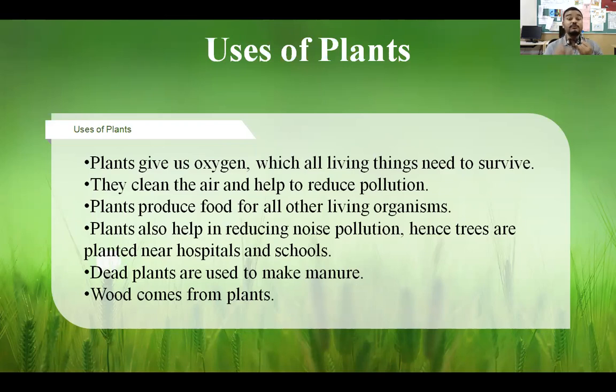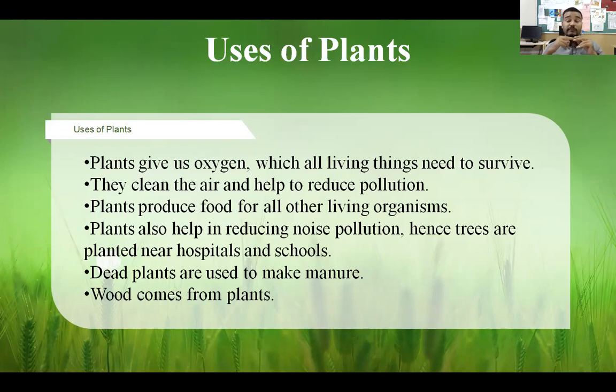Now, if we plant many trees, how will it help? It will help to reduce noise pollution and air pollution also. That is why you might have seen many trees near schools, near hospitals, or any crowded area. Why? Because it reduces noise pollution. And plants are also used for fertilizer. Our crops are also used as fertilizer. When a plant dies, it turns into manure,